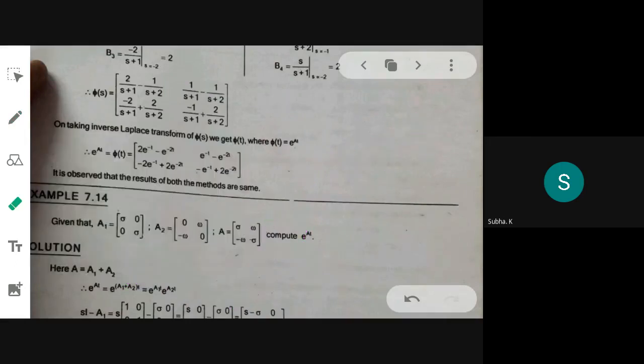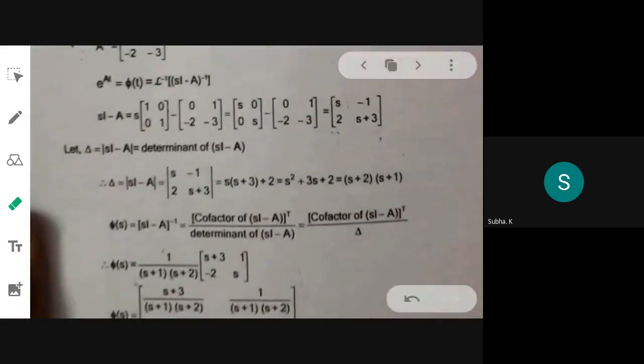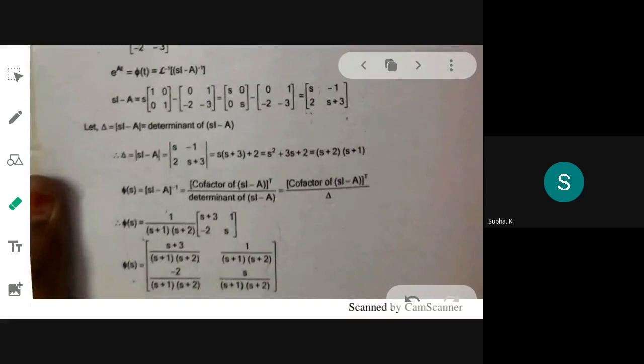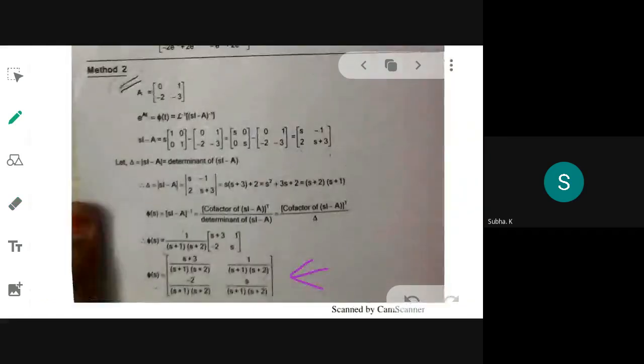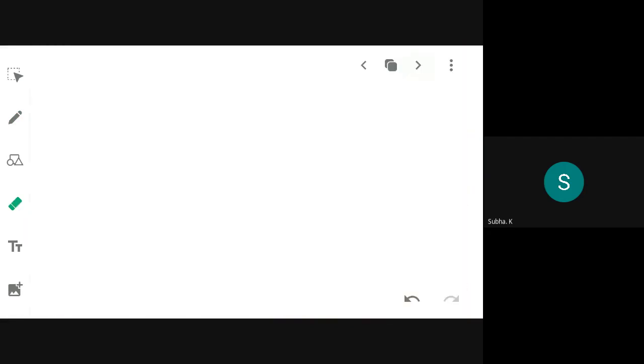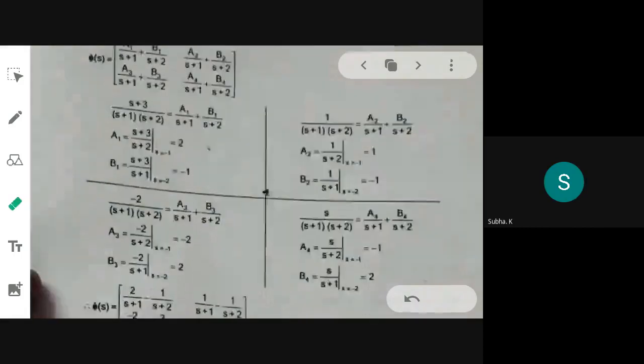Again, I will show you. So this you have done. Then you have to take partial fraction expansion for all the four terms. Understood? This is the final product. For this, you have to take partial fraction expansion for each and every term. So there will be four sets of constants that you need to determine. Then finally you have to take inverse Laplace transform. Understood, Akshat? Yes, ma'am. Do it and tell me the answer. Finally, I will pick out one person and ask you the answer.